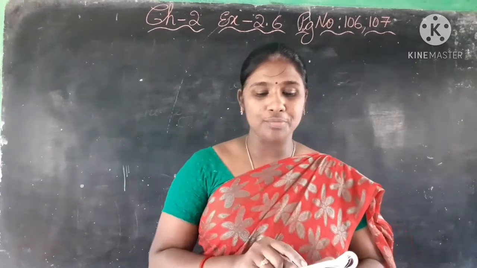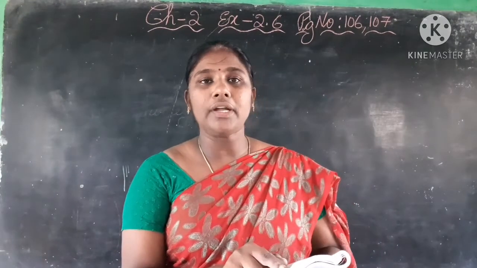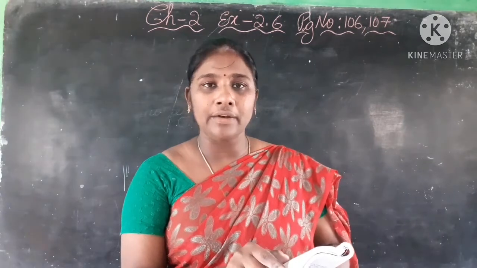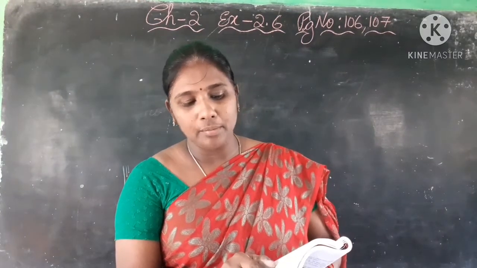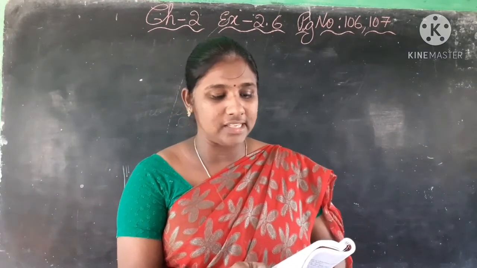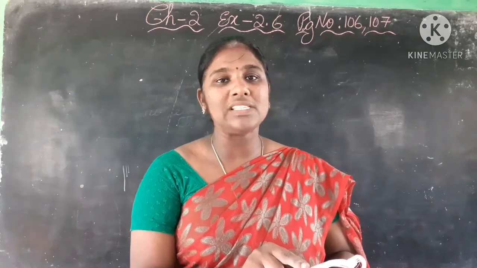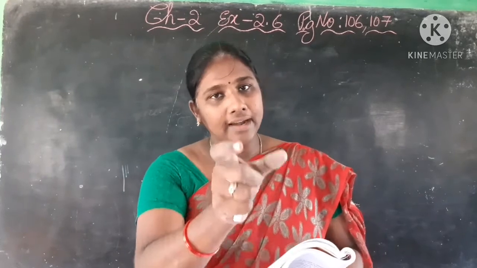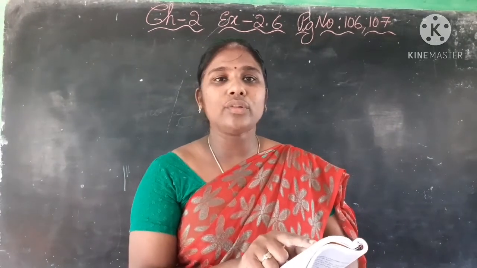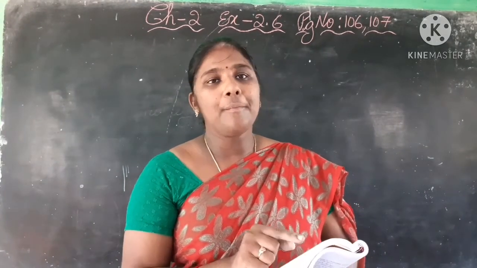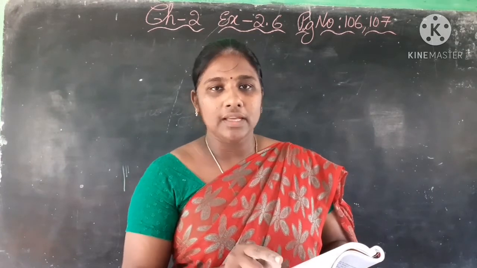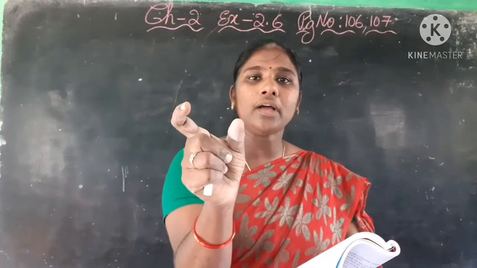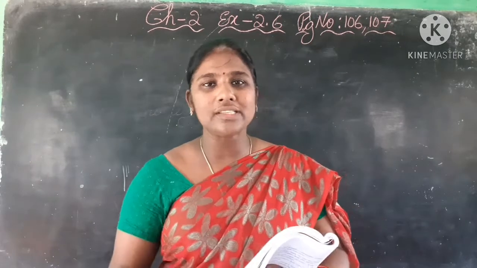Same like the first question. Here also, cost of a toy car rupees 150. Cost of a crayon box rupees 37.50. Cost of a book rupees 58. Okay, total money spent, add the three. Next, money gave to the shopkeeper rupees 300. Money get back from the shopkeeper: 300 minus the total you added. How much do you get? That one you have to do the subtraction.